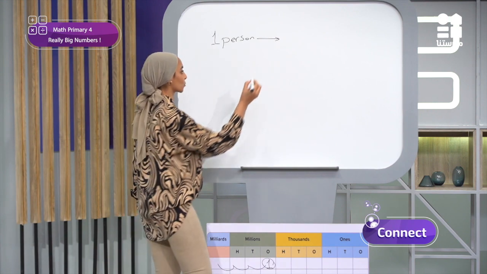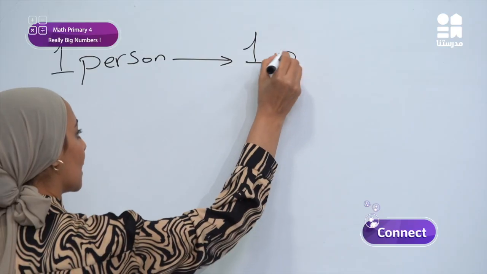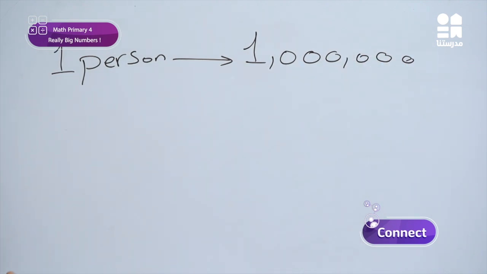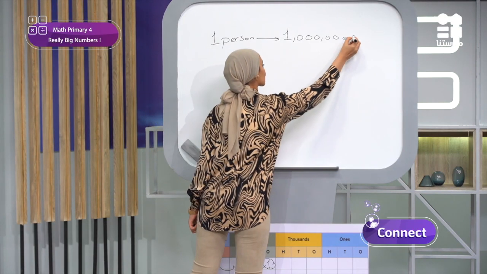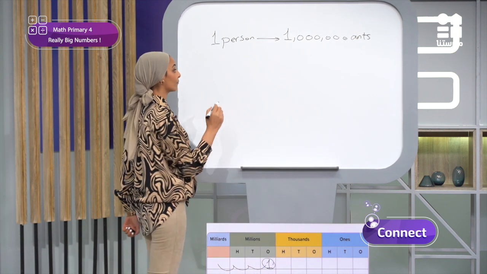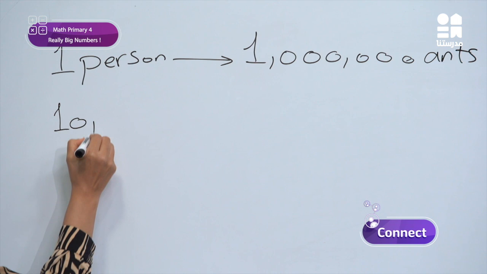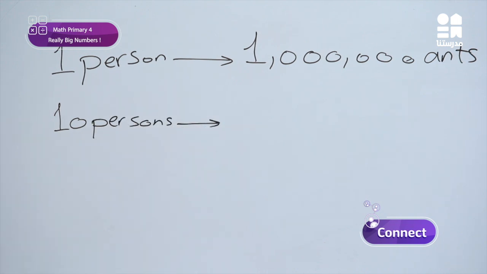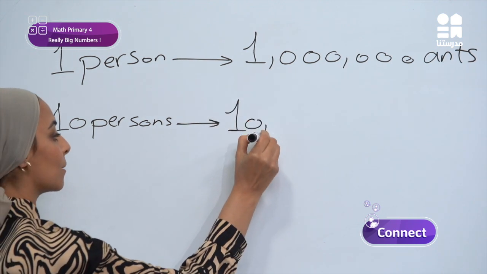Yes, you are right. We have 1 million ants. For each one person, we have 1 million ants, right? So, what about if I have 10 persons? Yes, for each 10 persons, I have 10 million